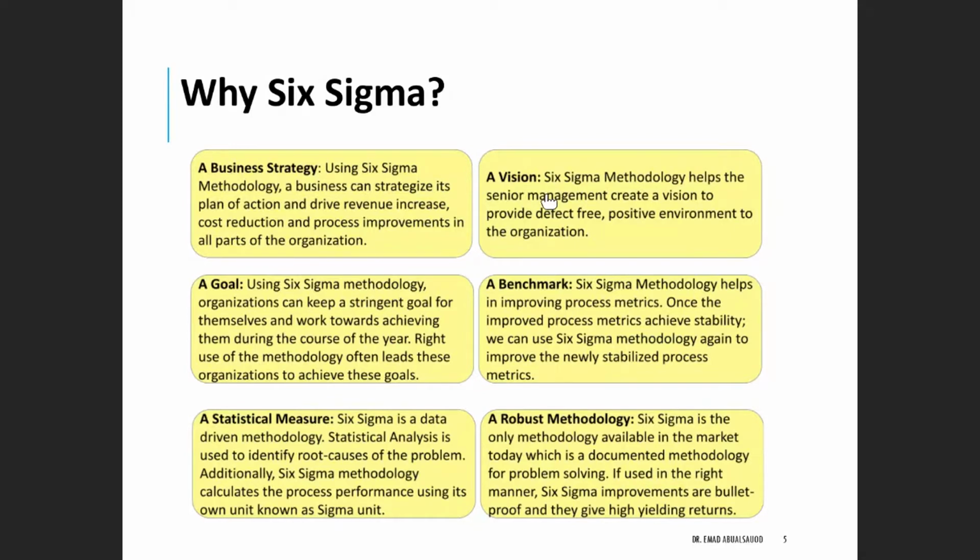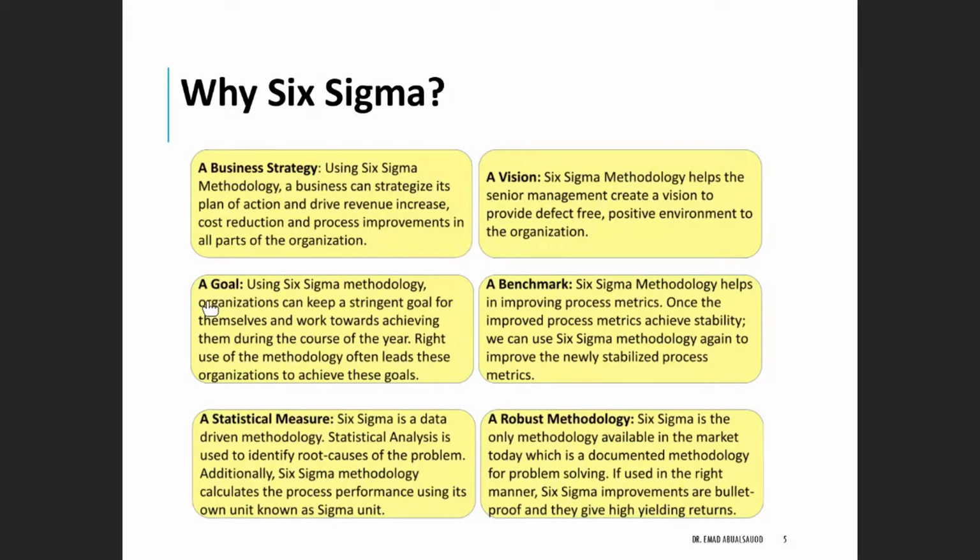batteries that are defect-free, or with a positive environment for the organization, or with zero tolerance, or with a customer satisfaction guarantee. You can put this as a vision, and then you can put the strategy and the actions and goals under that vision that you develop based on the Six Sigma concept.